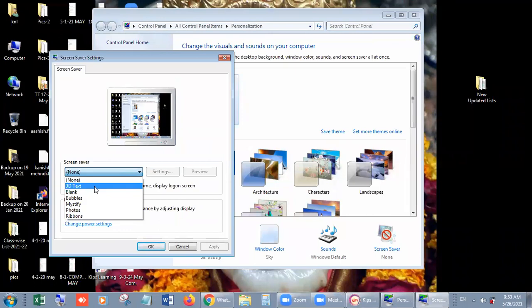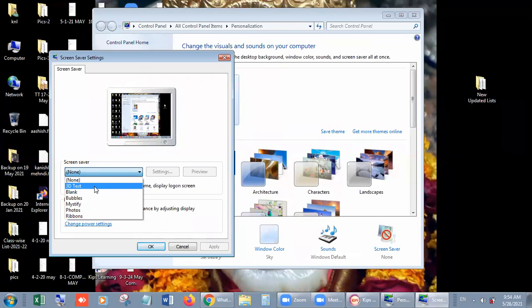First of all, what is screensaver? If your computer is not touched by anyone up to a specific time, just like 1 minute, 2 minutes, minimum 1 minute we require, in this case we can set a screen for our computer.